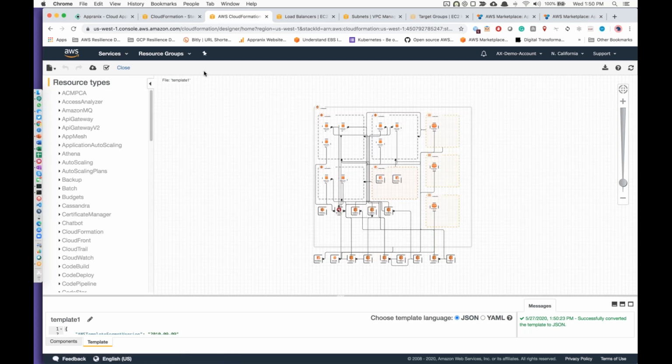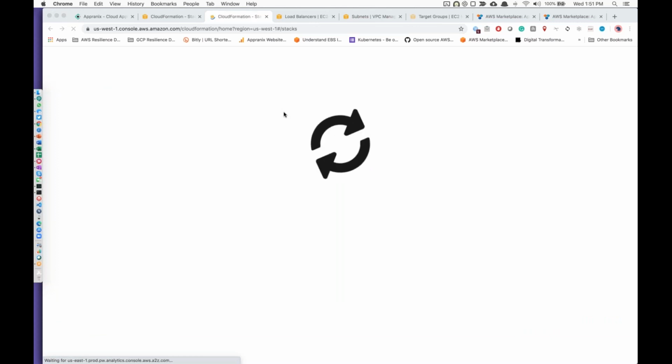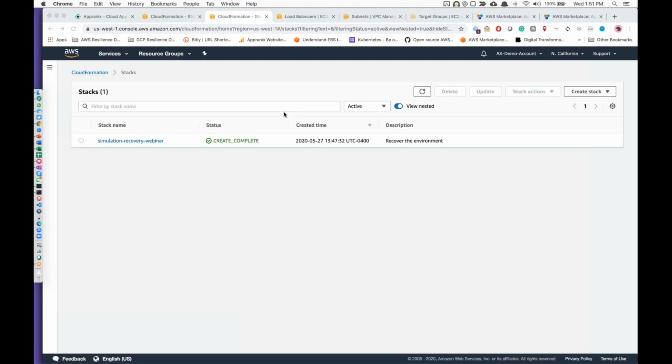But from an application resiliency perspective, what we say is bring up that environment no matter what, using all the resources that AWS has. Because you are using the same capabilities of AWS that's being used by maybe 1 million users now. How many million accounts?